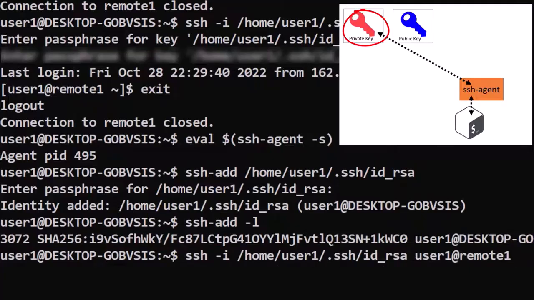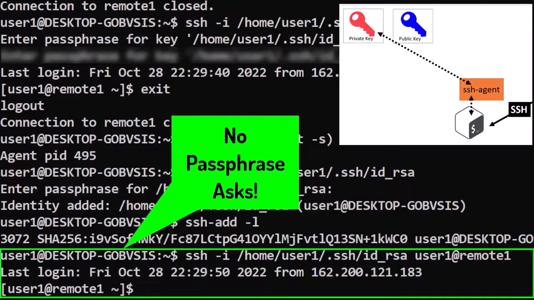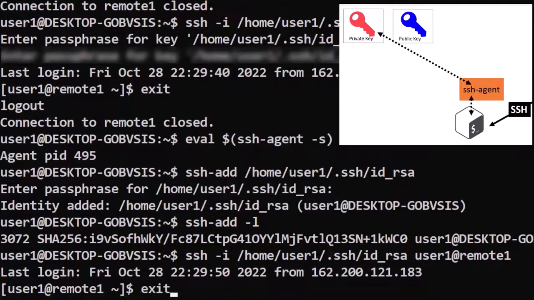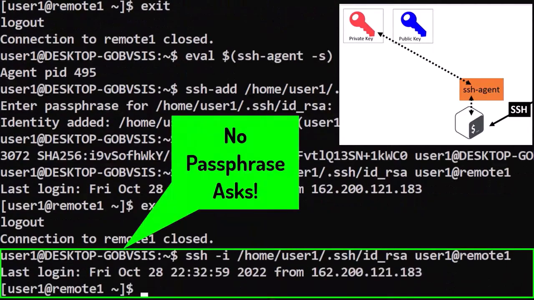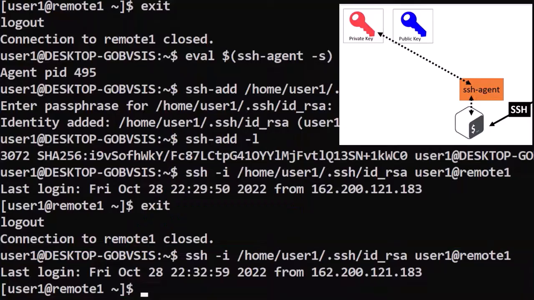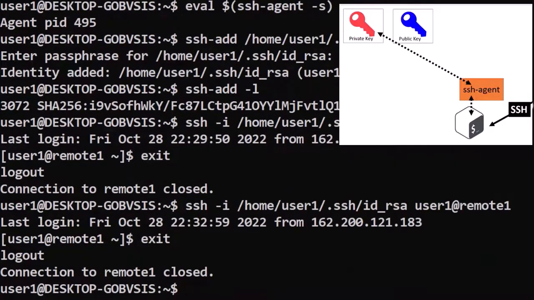Now we test our agent process. And if we exit and reconnect a few times, we won't get prompted for our passphrase anymore. Pretty cool if you ask me.